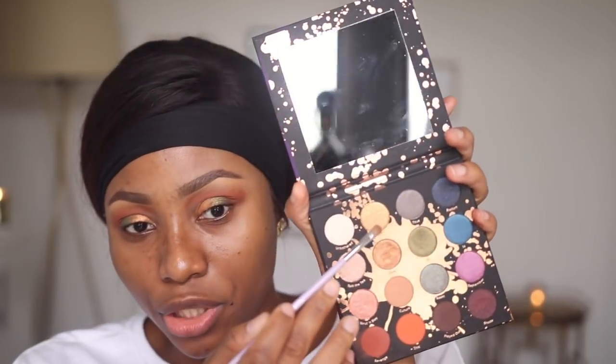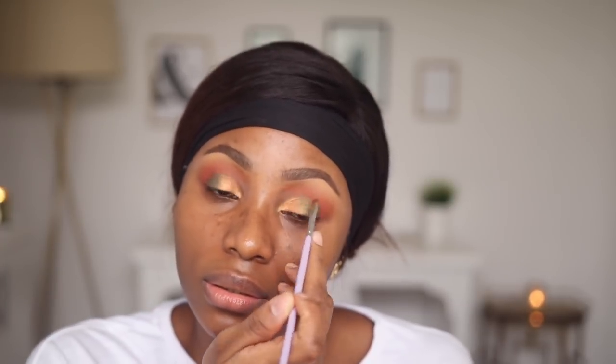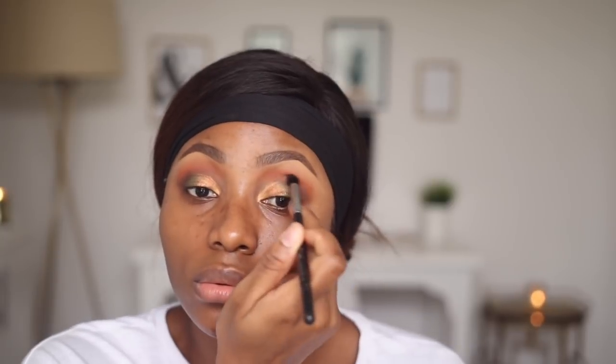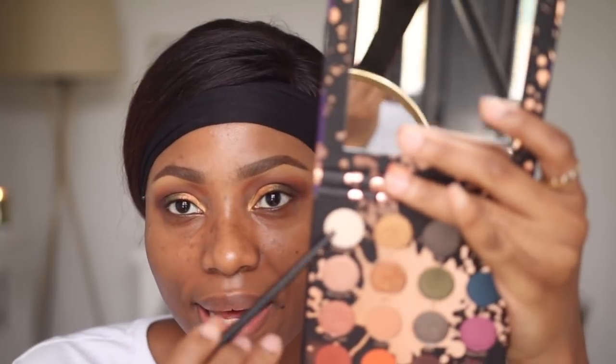Next, I'm going to flip that brush and take TF. Man, these colors are so pigmented, I'm not even going to lie. I'm going to take this brown here called Played Out. So going in with a tapered crease brush from Makeup Addiction. So lastly, I'm going to take Unbothered here and my Precision eyeshadow brush from Sephora, and I'm going to pat